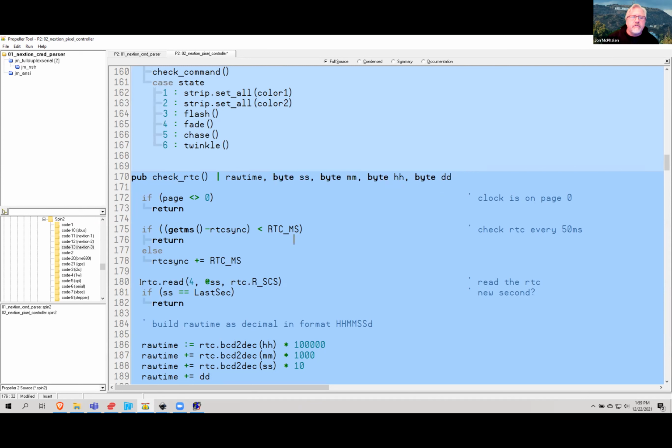And then I can still do the same thing with this RTC read method. It wants to know how many registers you're reading, the address of the output, which are going to be bytes, and the first byte in the RTC to grab. So again, if you look in the RTC, let me do F9. If we look in the RTC register set,